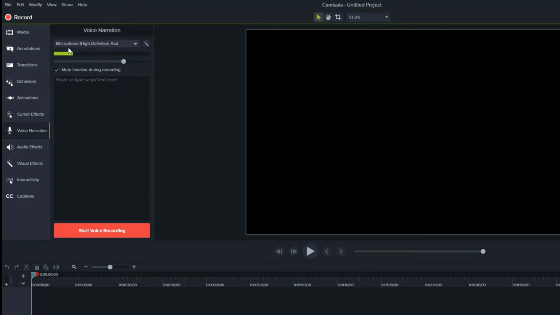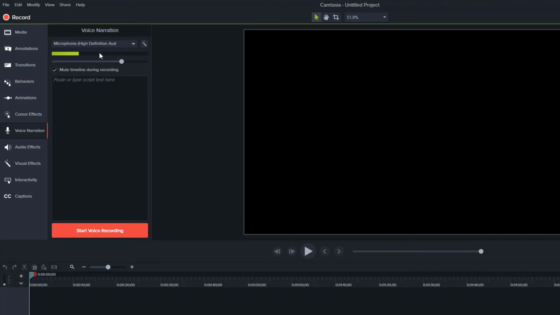And then what it shows you here is what the microphone sounds like. So you're looking at the audio levels before you begin recording. You want to make sure that your audio levels are up to a decent level. I'll talk more about that in the next section about what levels you want it to be at. When I record, I recommend going at least 50%. So I'm going to bump this up, make things a little bit louder.